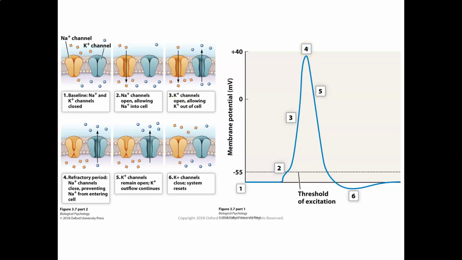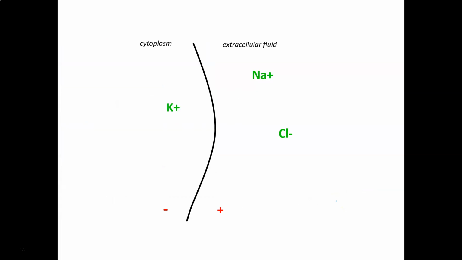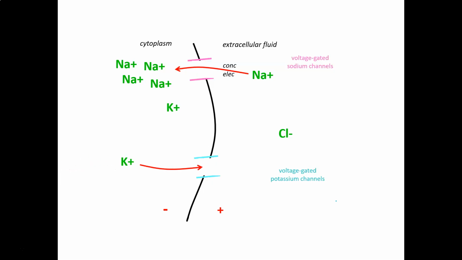At 4, sodium channels close. That's a refractory period. And then potassium continues to leave the cell, dropping the membrane potential to values closer to 0, and then the whole system resets at 6 once the potassium channels close. Okay? So here we are at the end of the action potential, right? We talked about all of this. With the end of the action potential,